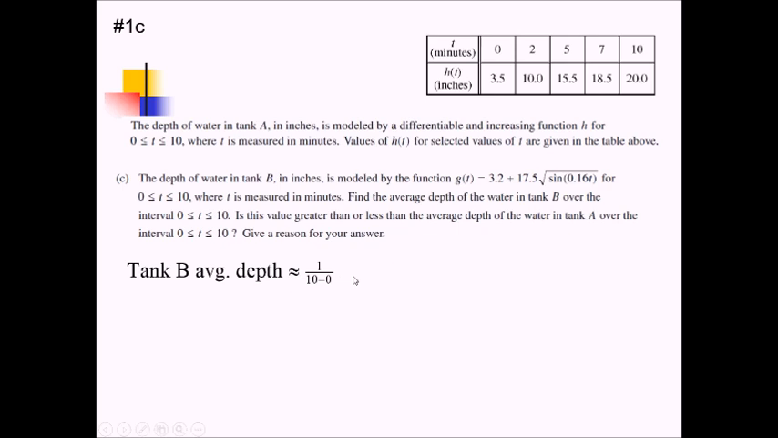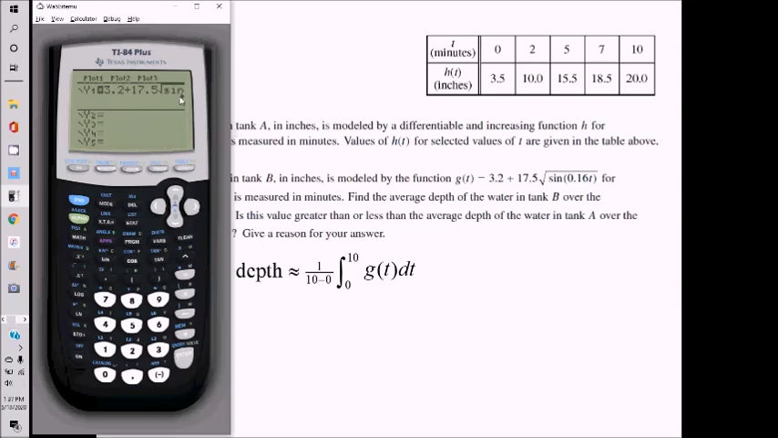We're going to multiply that by the integral from 0 to 10 of this depth function, the g of t, and I'll have a dt in there. Let me do that on the calculator. So on my calculator, I've entered the g function in as y1 in my y equals. Let me quit out of there, and I'll do fancy fraction, 1 over 10, times my integral,